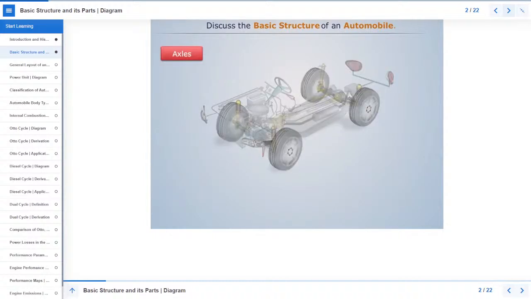Axles. They are the central shafts which connect the wheels to the frame. Depending on their